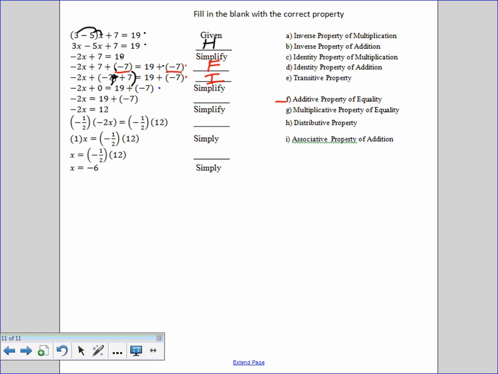Between this step and this step, what changed? Well, we added 0. Well, and it didn't change. Well, that's the identity property of addition. Between this step and this step, what happened? Oh, we multiplied both sides by -1/2. That is the multiplication property of equality. And between this step and this step, we multiplied 1 by x. And it didn't change, so that's the